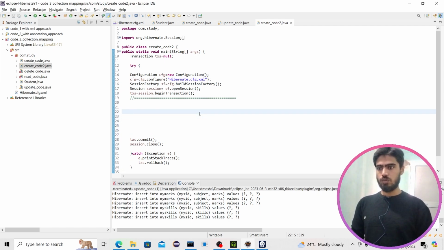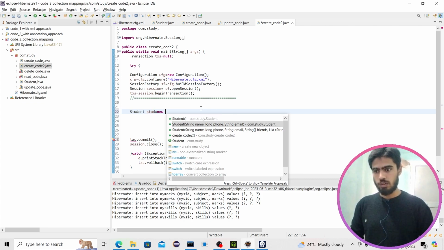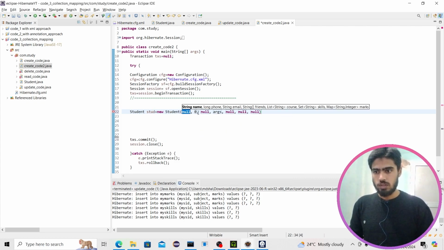So we want to insert all the values in one code. What we are going to do is create, suppose, std new, and we are going to call that constructor which takes all the values. So it takes null, string, list, set, map. So in null, the name is going to be